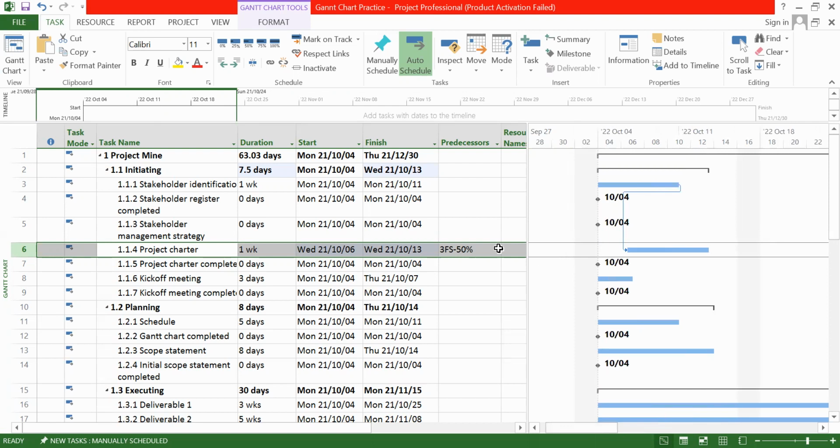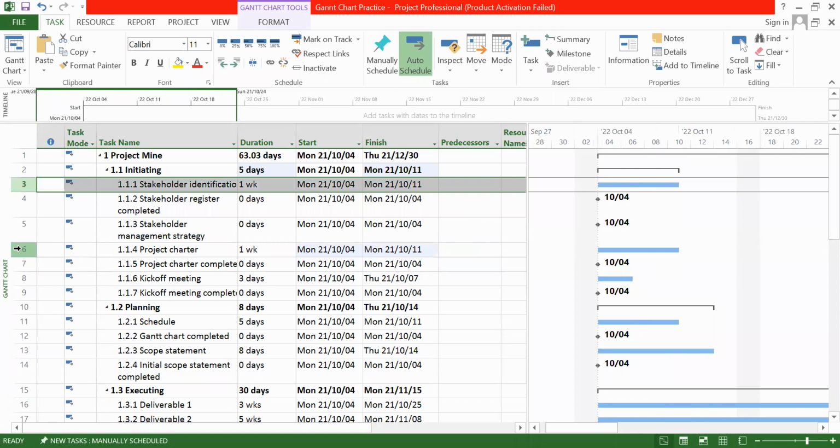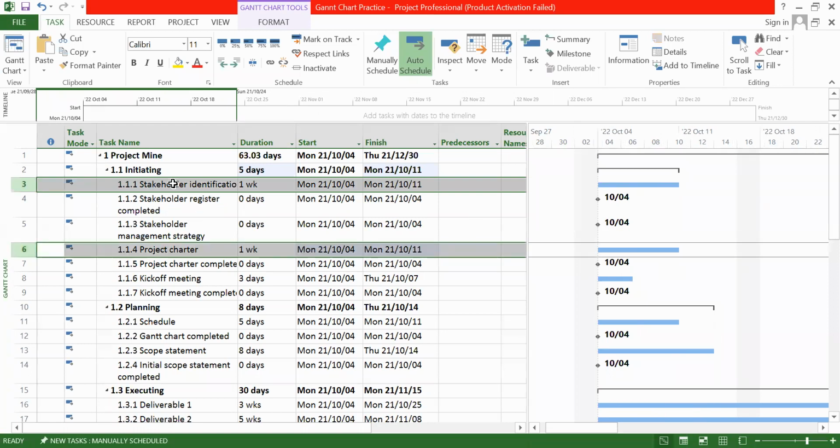See, look at here. Before this one, I'll delete it. Now both are, look at the bar here. Both are starting at the same time, parallelly. Okay, both are 1 week, therefore starting parallelly, finishing parallelly. This is the actual one. Now they are saying these 2 activities are linked together. There's a dependency. That means without completing this one, you can't start this one. So select 2 tasks and click the link button. So look at here, it is showing first you have to complete this one, then you have to start this one. But the problem is